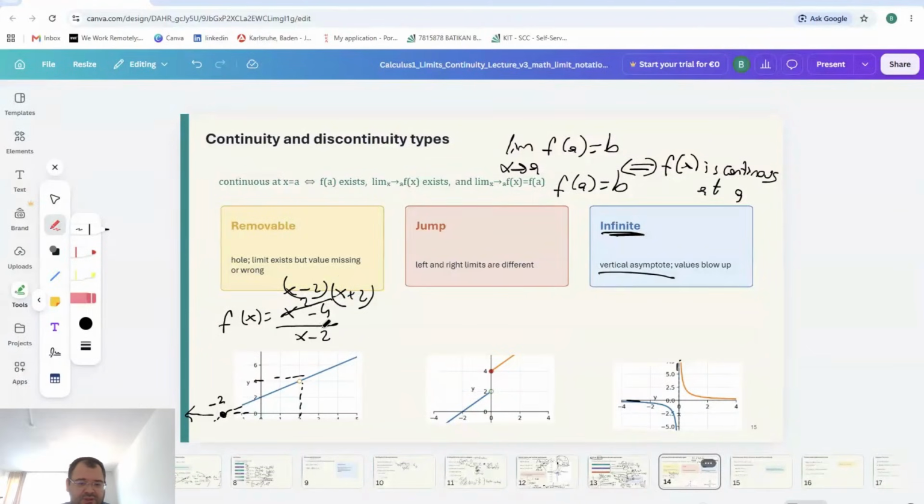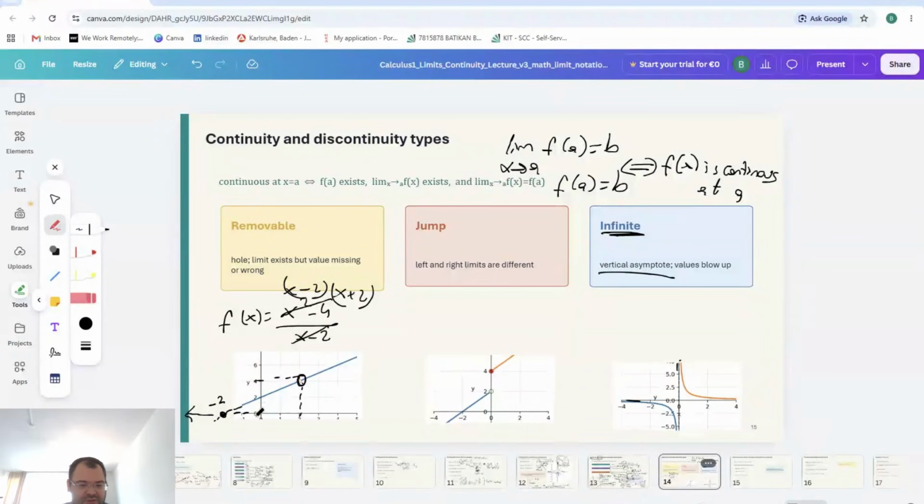So for this function, you can simplify it and just write x plus 2 as the function behavior, but apart from 2, because you cannot give 2 as an input parameter, which makes the function undefined. That's why we have an empty circle here. We are not able to give 2 as an input parameter. But apart from 2, when you don't consider 2 as an input parameter, it is just behaving like the x plus 2